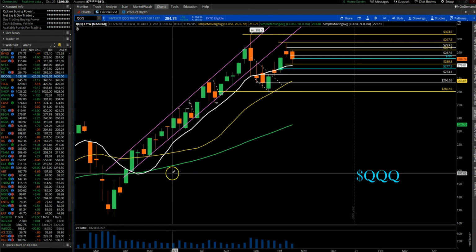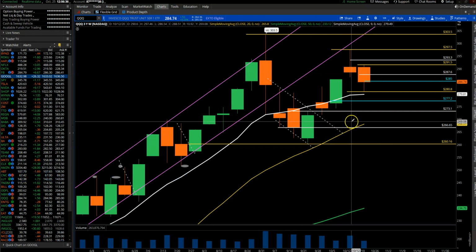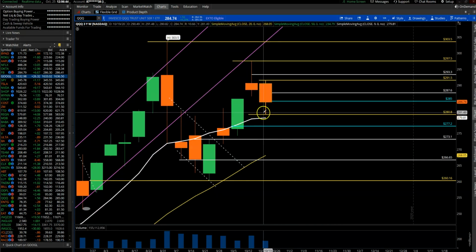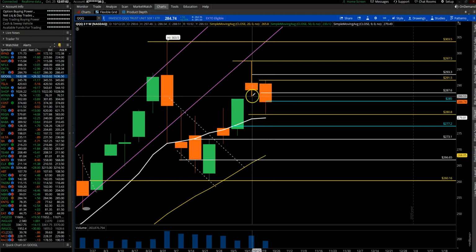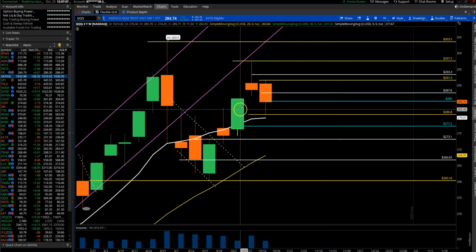Okay, moving on to the Qs, the technology heavy index, and you can see this one actually is a little bit weaker than the SPY, just by looking at the weekly bar here. It did not really close towards the top end of its weekly range, but sort of in the middle. We have a little bit of bottom wick here, but it's not that long. So we have an equal body and bottom wick length, and it closed below the low of its previous week,